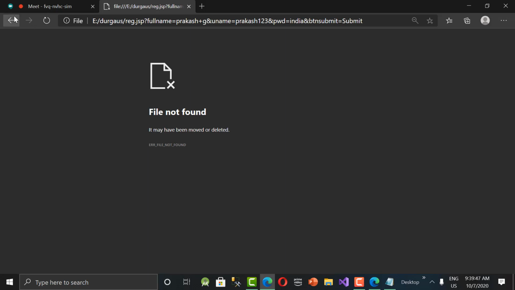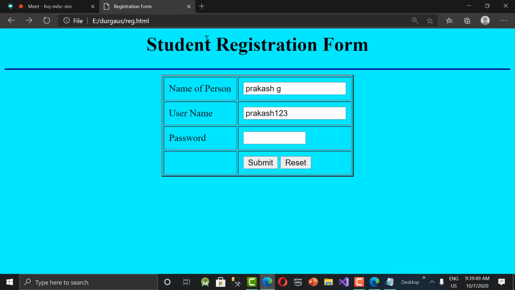Of course, it is submitted to reg.jsp, and see, the password is automatically cleared. Just type some password and click on reset. Now everything got cleared.